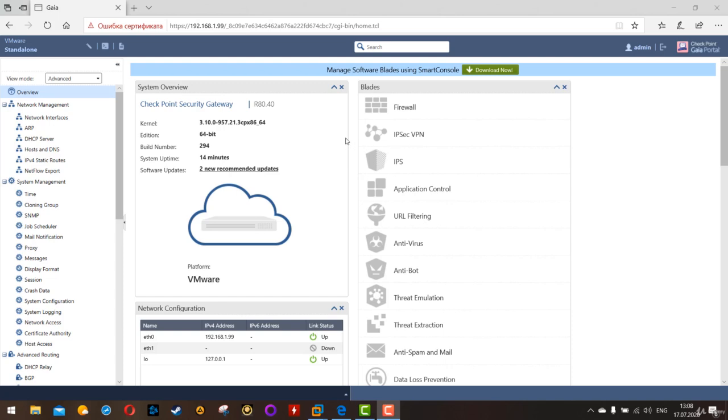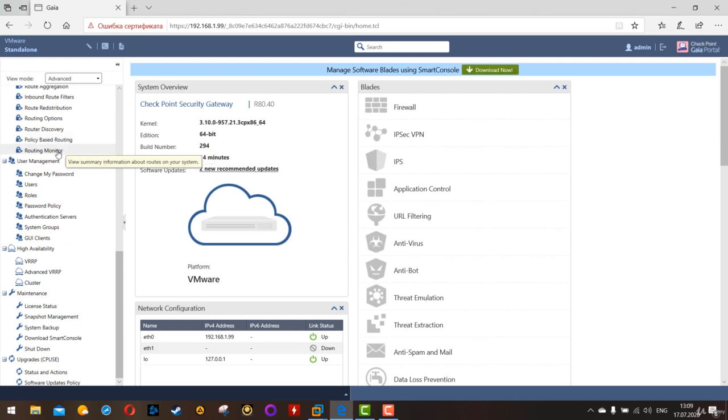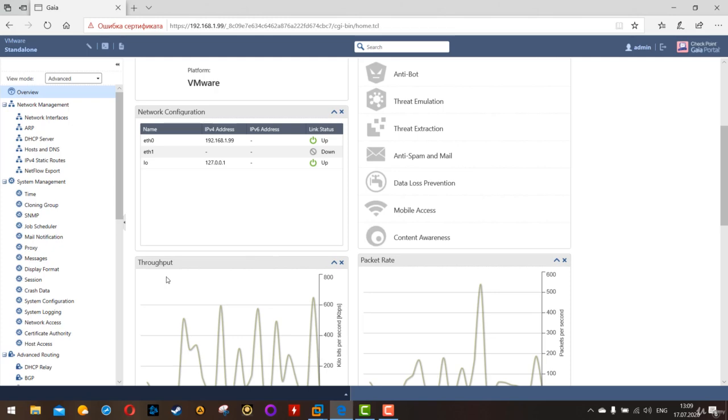But over here, we will discuss the point of our web portal. There is pretty much everything you can do that is available in CLI, especially at the beginner level. You don't need all of that when you start working with Checkpoint, but it's good that you know important stuff so you can move freely without any hesitation. So anyway, here's your general overview page from where you are able to download your fat client, but this is our next lesson. We have widgets, we have system overview, we have blades, network connection, and throughput, how much